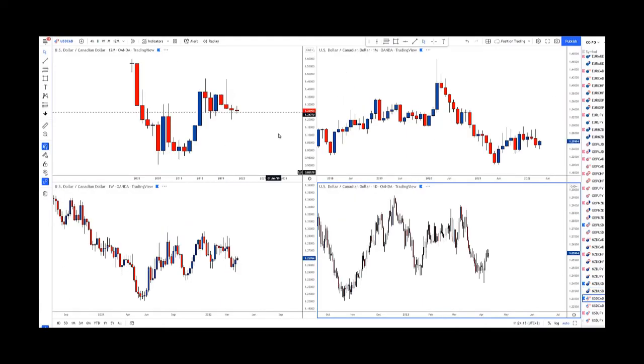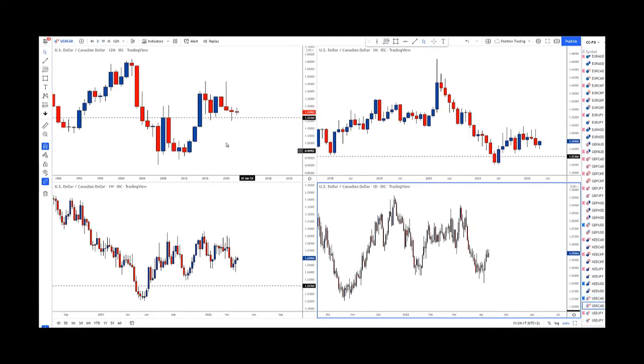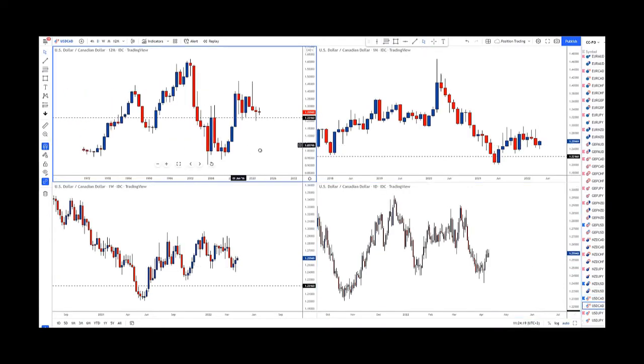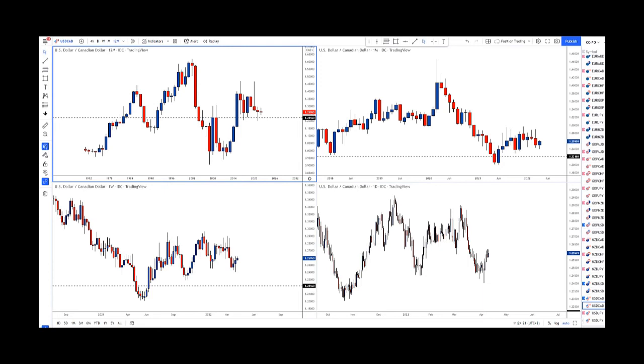USD CAD, I saw a message in a chat room that you didn't see a clear bias. Perfect, that's perfect for you. I'm glad that you have your own opinion and you are doing your own thing. Continue doing it, and like I wrote in the chat room, trade what you see without any effort. What I do see without any effort might diverge very much from what you see without any effort. Okay, this is what I see without any effort.